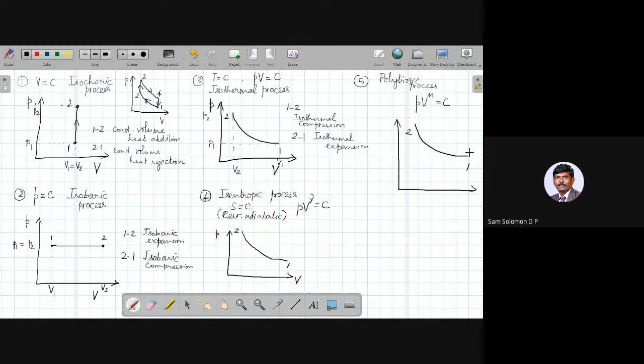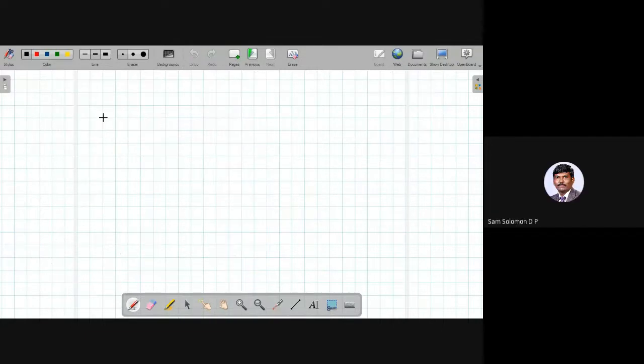Okay, and I have also shown you what it means if we are going from 1 to 2, and what it means if we are going from 2 to 1. Okay, kindly make a note of it. Very, very important. I have already discussed this before, but now I'll show you here clearly.